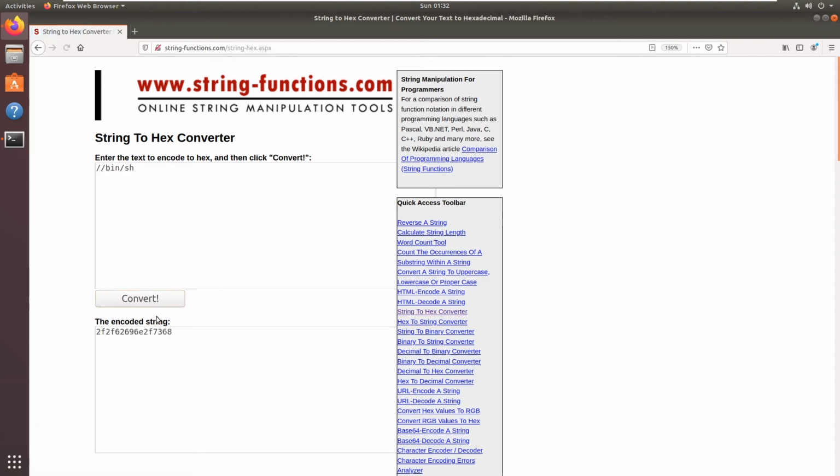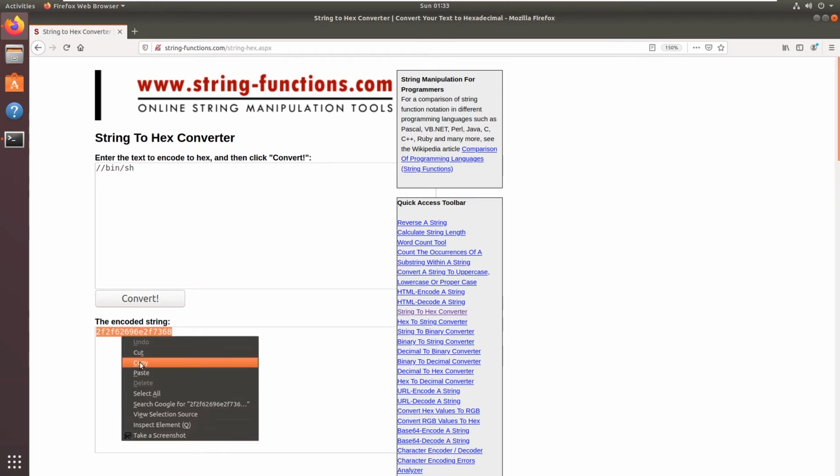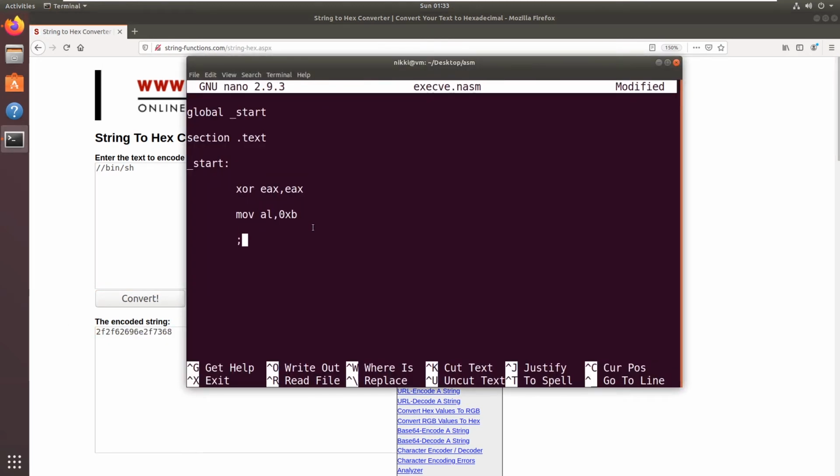Now let me convert this. Okay, this is the hexadecimal format. Now let me copy it here as a comment. We need to push this value in reverse byte order. That means you need to push from right to left. The starting bytes will be 68, the next byte will be 73, the next will be 2f, and the next one will be 6c.